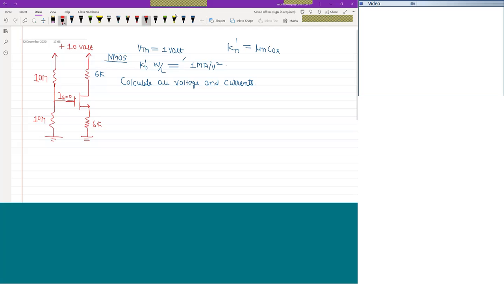So I can say there is only one current. And that current, let's say this current is I. So I can say the value of current I is 10 volt divided by 20 mega ohm,